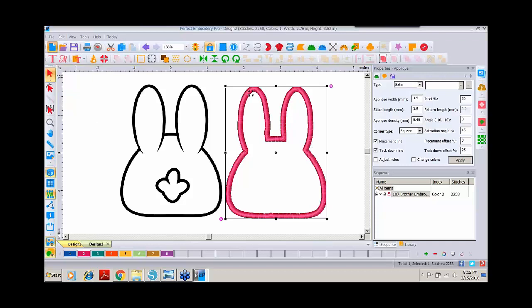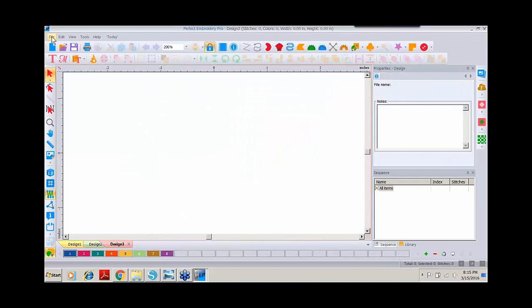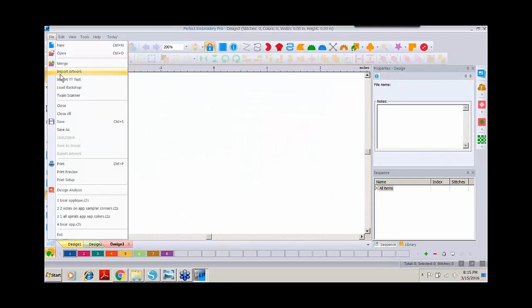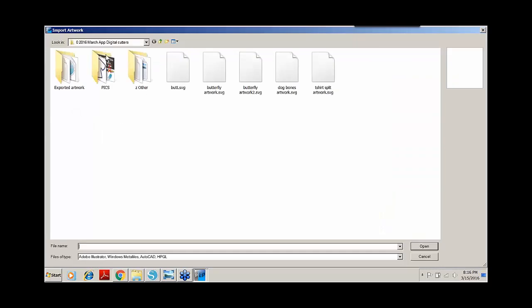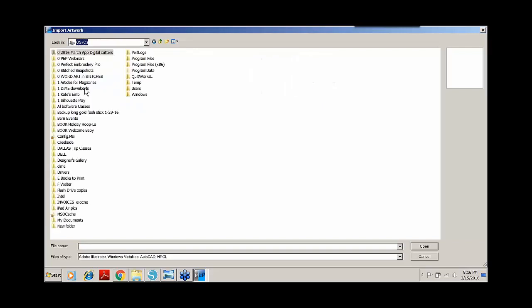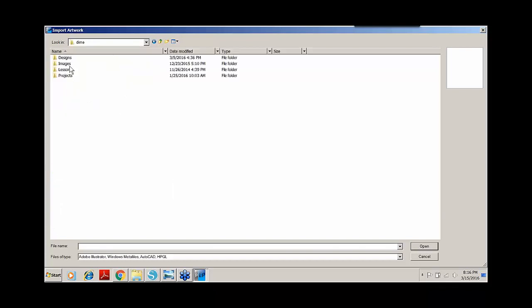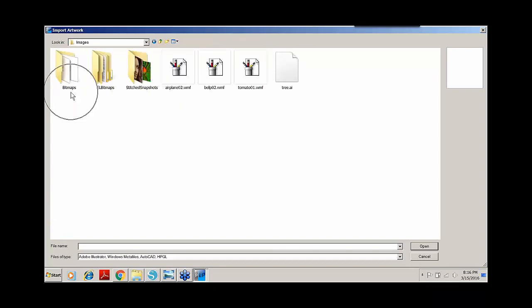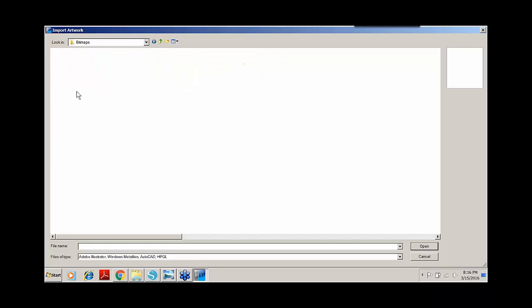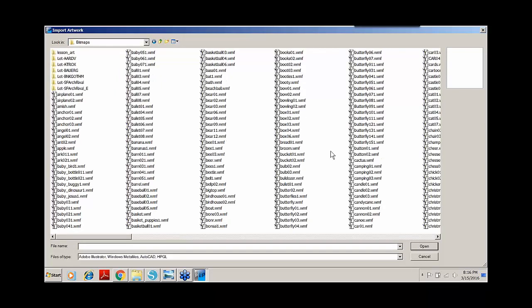We'll go into a new screen, and the other way that we bring artwork in is File, Import Artwork, and this is where we go get our vector images. Now we have to follow the path. So we use our drop-down arrow. When we start at C drive, I come down to find my DIME folder, alphabetical order, double-click on DIME, I find my images, double-click on images, and here are my bitmaps. I double-click on bitmaps, and here is that long list of vector images that come to you free with Perfect